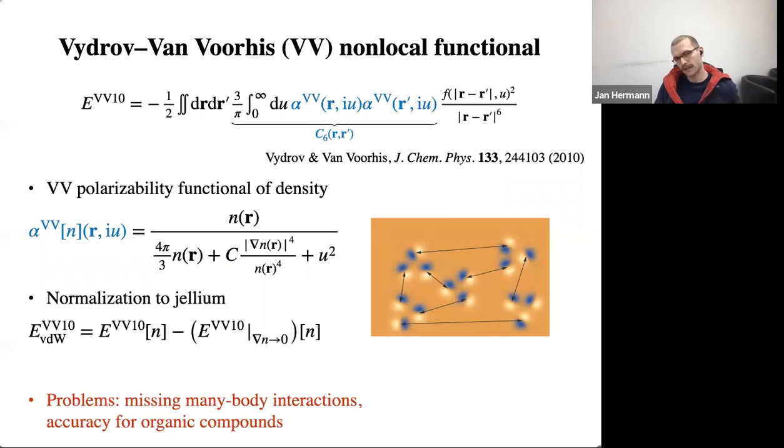Now, this is the second class, or a method from the second class, the nonlocal functionals. And here it's a continuous real space approach, and it's a pairwise approximation, and it works like this. You essentially write down a double integral over space, where you do the standard van der Waals C6 over R6 formula for each pair of points in space, right? So you have this R10 minus 6 here, you have some damping function, and then you have this